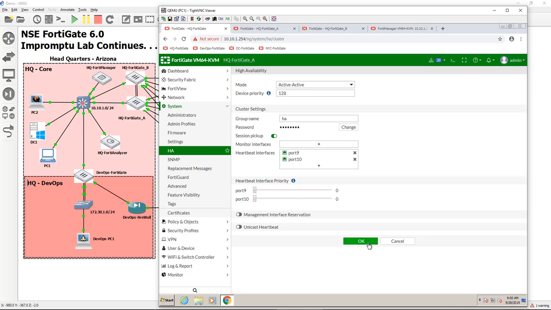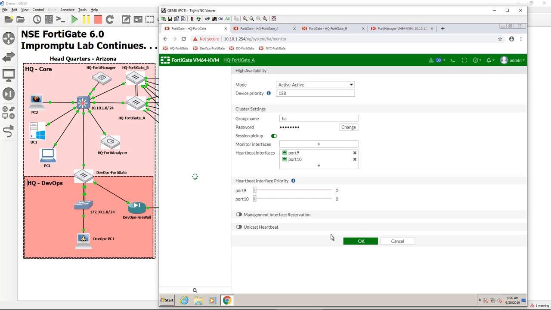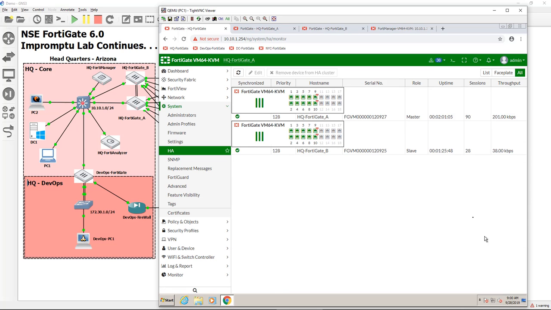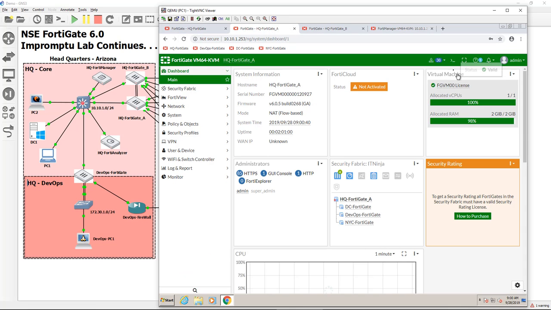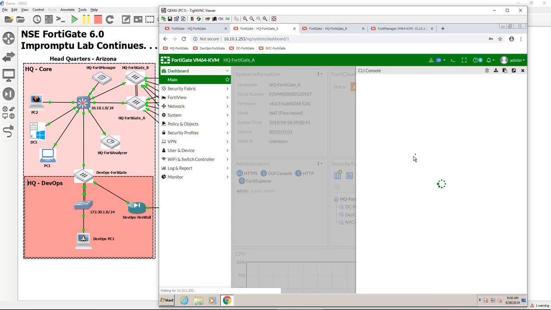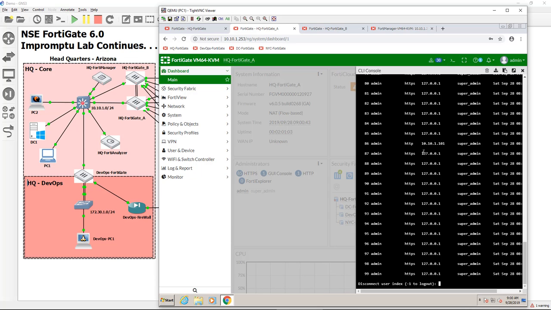So let's go ahead and talk about some ways that we can mitigate that or help reduce that. One thing that we can do, and I'm going to go into my individual FortiGates to do this because I have to do it through the CLI, is that you can set,